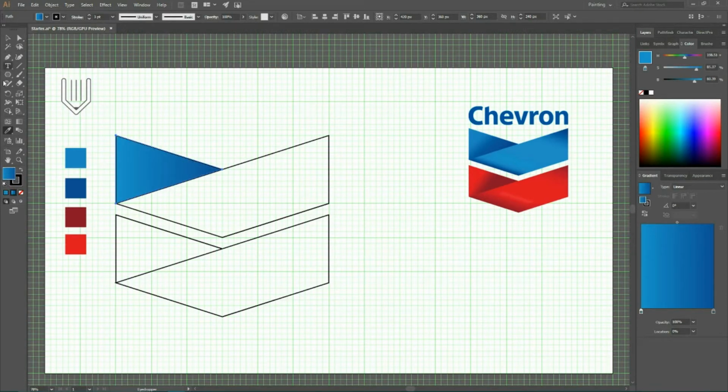I want to get rid of this stroke and align my gradient using the Gradient tool. Press G and drag from top left to bottom right, something like so. We need to play a little bit with this gradient. I think maybe darken the color, and for this shape,